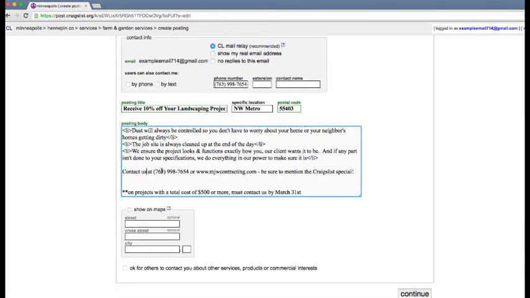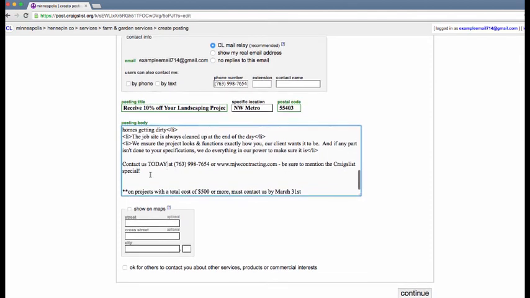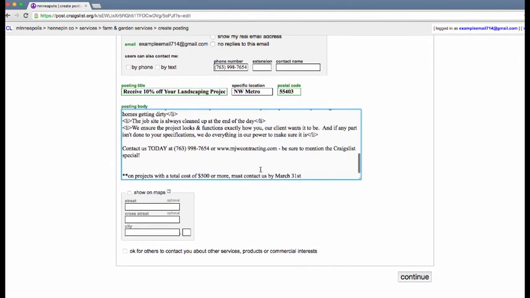I'm going to make one quick change to our call to action right here. I'm going to say call us today in all caps, just so that people will see it easier. And that way it'll get them to call sooner than later, because they know that the special is not going to last forever, since it's going to end on the 31st in about 2 weeks. And so then we'll click continue